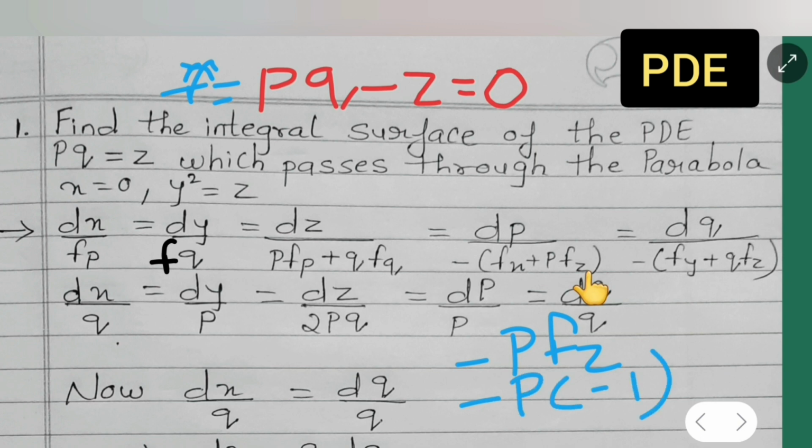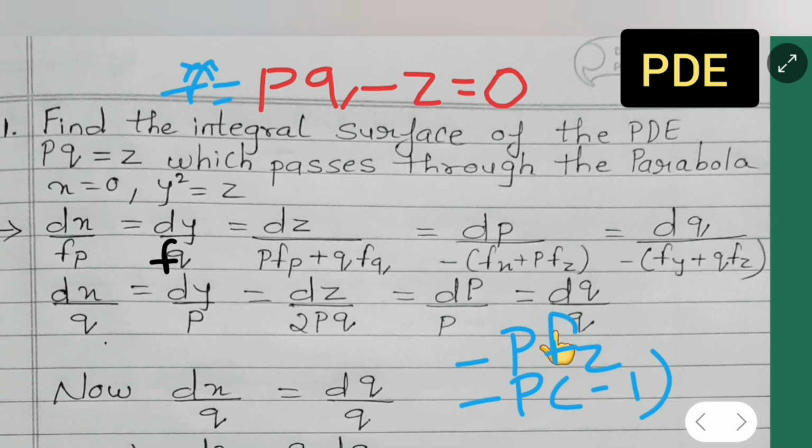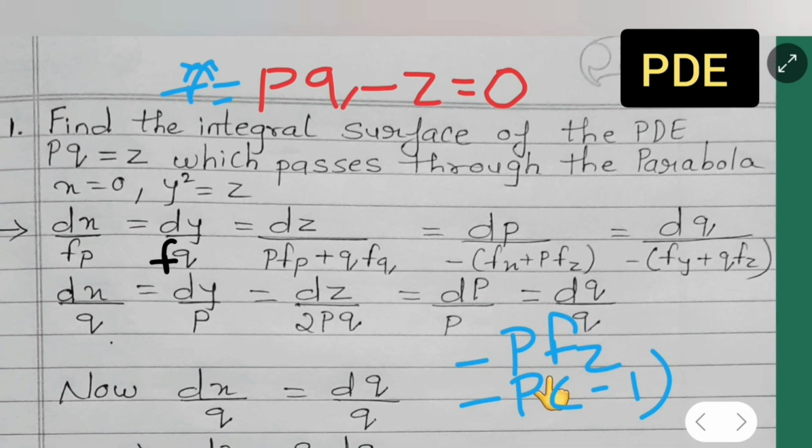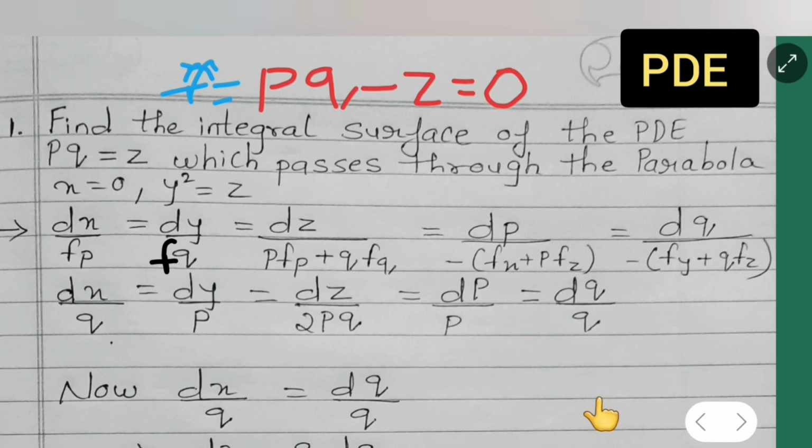Now differentiate this with respect to z, I will get minus 1, because z is a variable and it will have only one derivative. Minus into minus will be positive, so it will be plus p, is equal to p. Now plug this value over here, is equal to